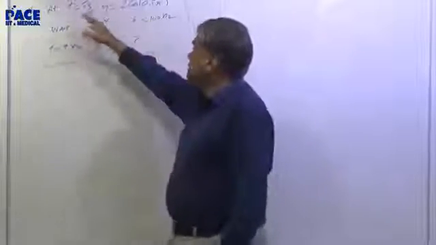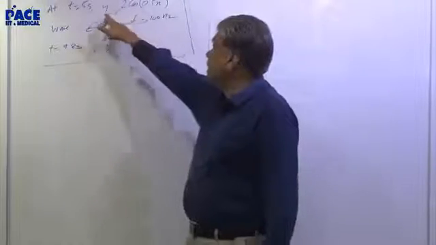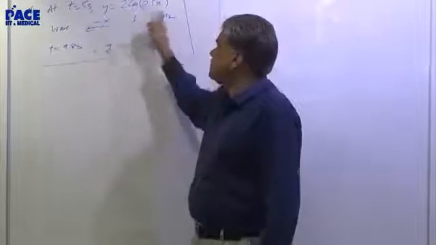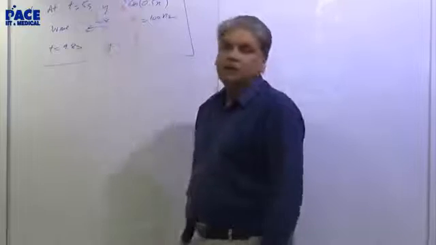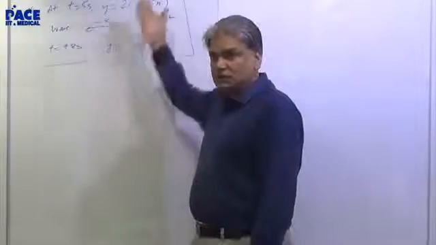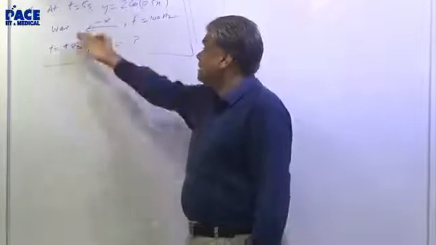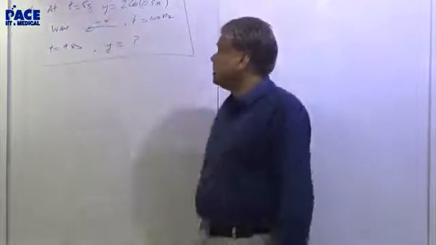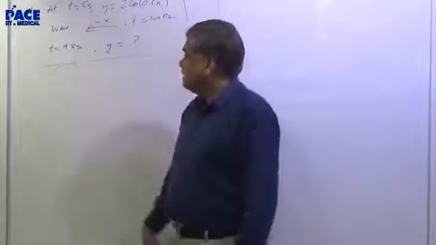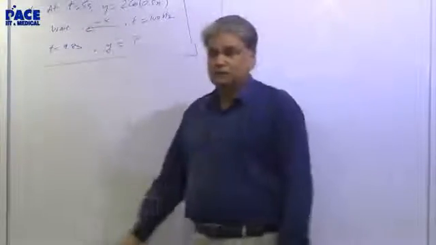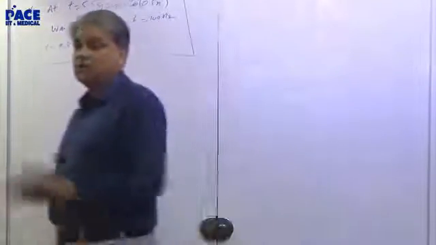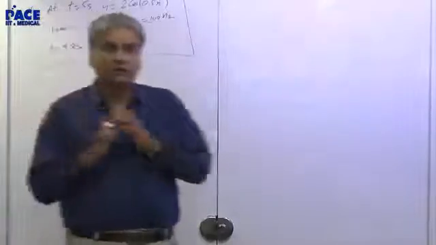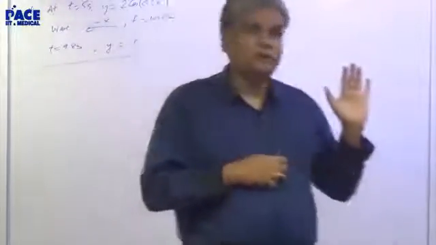At t equal to 5 seconds, a certain wave is given by y equal to 2 cos 0.5x. This is the shape. This is a yx graph, as you can see. So instead of the snapshot, I have written an equation. And the wave is traveling in the minus x direction with a frequency 100 hertz. At t equal to 9.8 second, what will be the y looking like? So what is the snapshot at 9.8 second? You have been shown a snapshot earlier. So later, how does the wave look like?